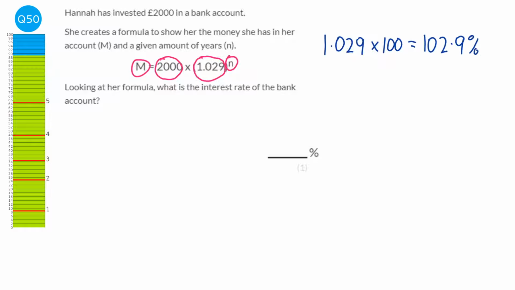102.9%. Now it says, what is the interest rate of the bank? Well, this 102.9% is 100% plus the interest rate, which will equal the 102.9%. So the interest rate is going to be the 2.9%. You always start off with 100%. So if I put £5 into my bank, I've got 100% of that £5, and then the interest rate is on top of that 100%. So our answer here will be